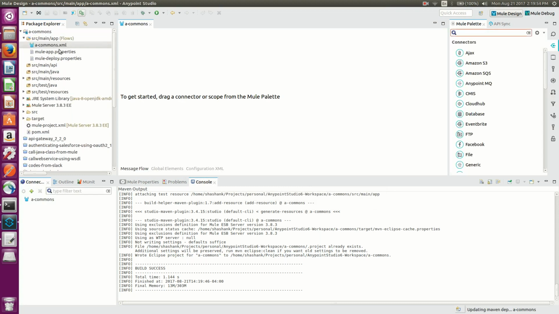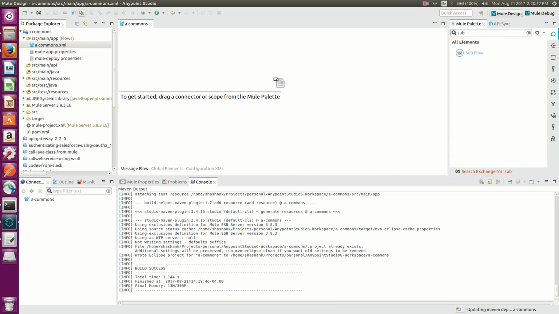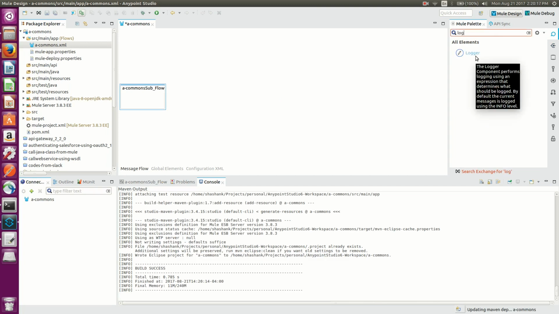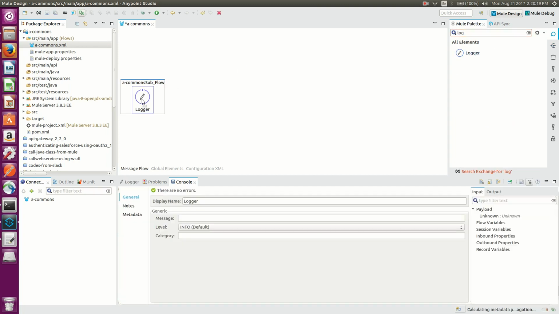We can create even multiple XML files, which is not a problem, just like you do in the regular Mule project. And in this, I'm going to have a subflow which I can use to log whatever is referring to this. I'll just have a subflow. Inside it, I'll have a logger which will log from